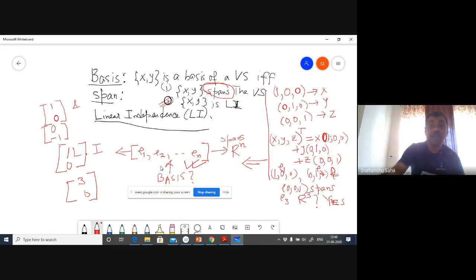Okay, and therefore these guys form the basis of R3, and similarly these guys form the basis of Rn, because they span the vector space, and they are also linearly independent of each other. Okay, all right. Now a more formal